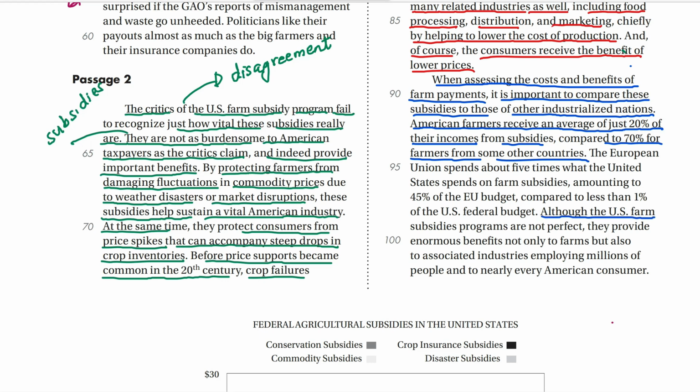Although the US farm subsidies programs are not perfect. أنا مش بقول إن الأمريكان فارم سبسيديز دي حاجة كده يعني ما حصلتش. Though it's not that perfect, they provide enormous benefits not only to farms but also to associated industries. بيكرر نفس الايديا يا شباب، مش بس للفارمز لكن للother industries, employing millions of people and nearly every American